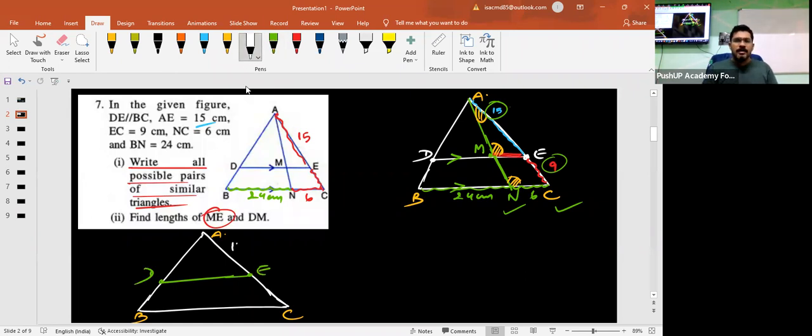What's the value of AE? It's 15 centimeter. Value of BC is what? 9 centimeter. Children, what would be the value of BC, the base of triangle ABC? It would be the sum of 24 and 6. That is equal to 30 centimeter. Then,